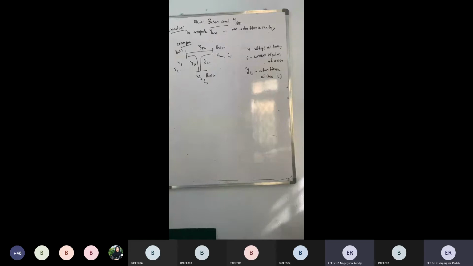Now, having written these things, we will see what is the total current which is injected into this system. I1 is the current injection at bus 1. Now, it can take this part or it can take this part. This is the first part. So, what will I take? The admittance into the voltage drop across this one, V1 minus V2. In the same way,